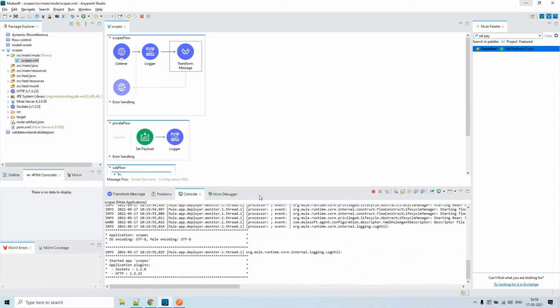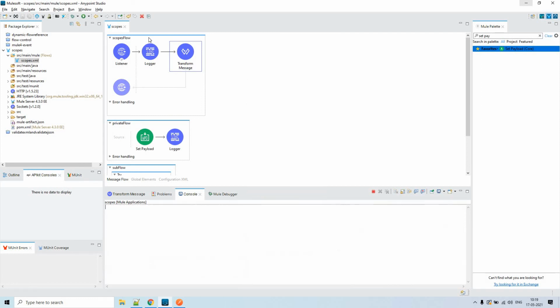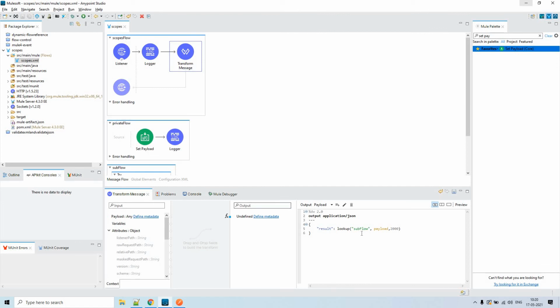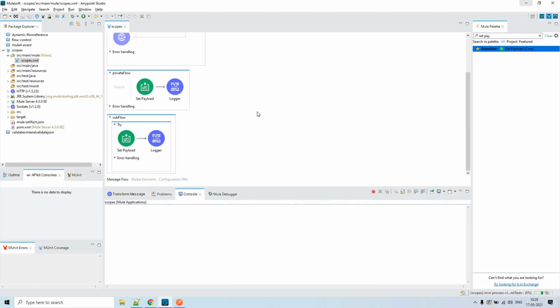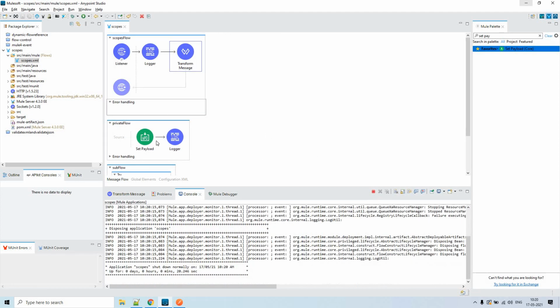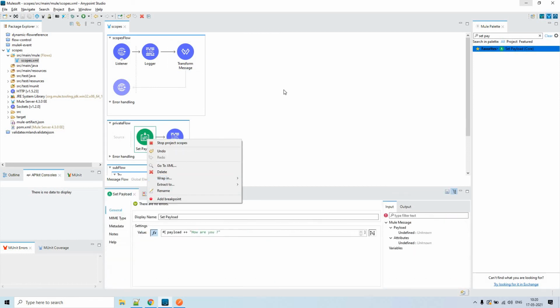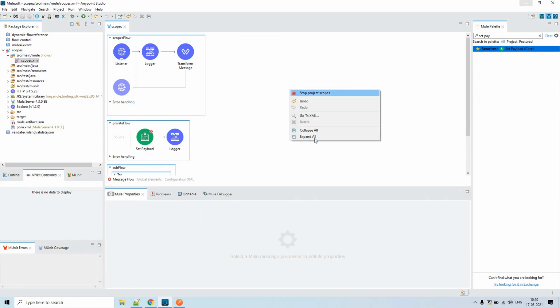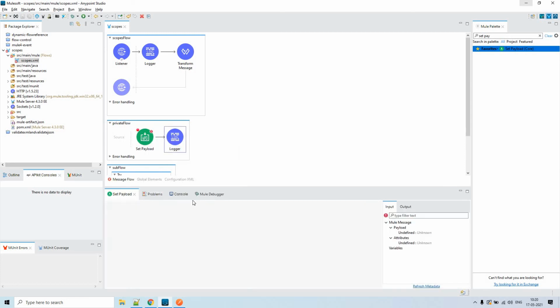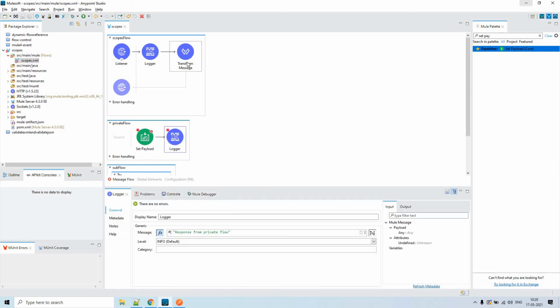Now let me try to debug this flow, and I'll intentionally delay the processing of this. So let me switch to private flow. Now let me run this in the debug mode. Let me add a breakpoint here and also add a breakpoint here, something like this.